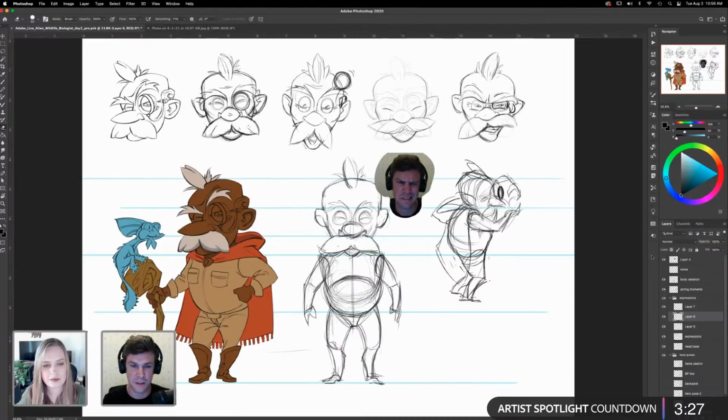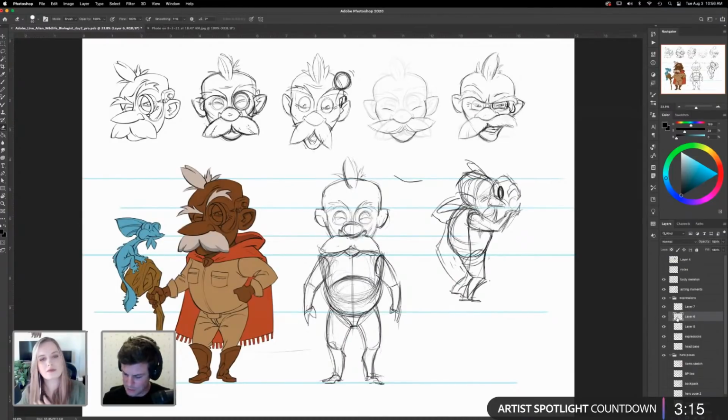But a lot of the time for really subtle stuff, even if I have reference, I'll do my own reference to see what I would naturally do to cause that emotion, what it looks like on my face, or actually feel what I'm moving.